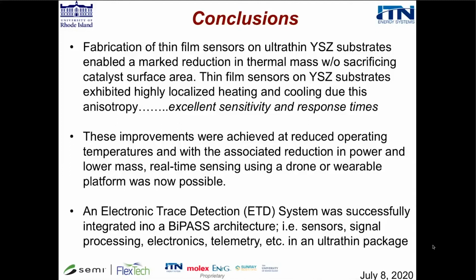Second question is, how are you defining response time? So the response time is really the slope. We introduced it, and it takes a while for the analyte to get to the sensor. So we can put the analyte as close to the entrance of where our sensors are located. That plumbing will reduce the response time, so we can reduce that to the order of a few seconds. But you can see the slope of the... I don't have the screen still. You can see the response time is that slope, if you will. Once the analyte gets to the sensor, you can see it's very, very fast responding and can be done well within